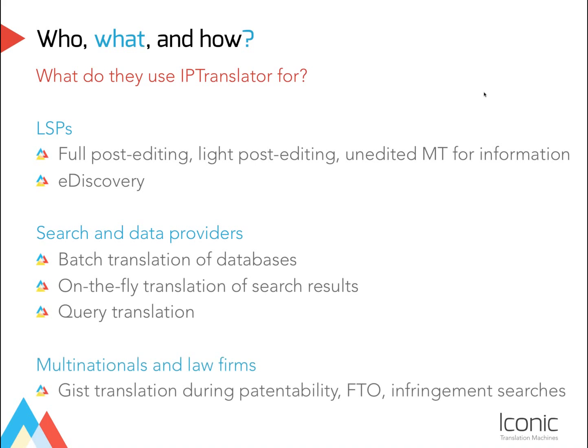And then on top of that, the multinationals and law firms can typically use machine translation mainly, I guess, to save money by not having to outsource jobs that really only need to be used for gisting. So during